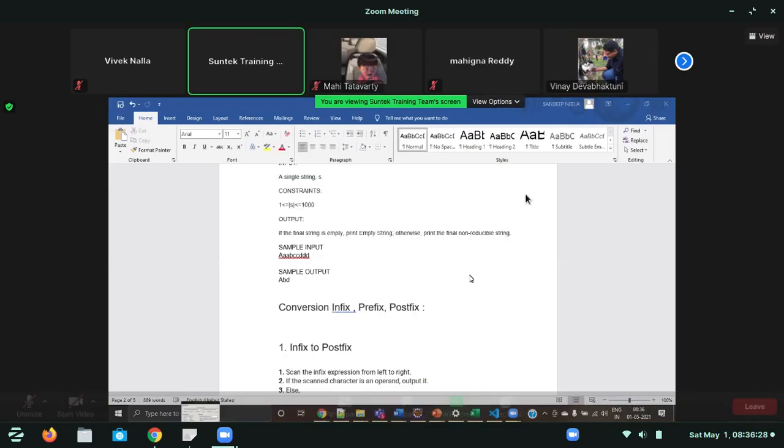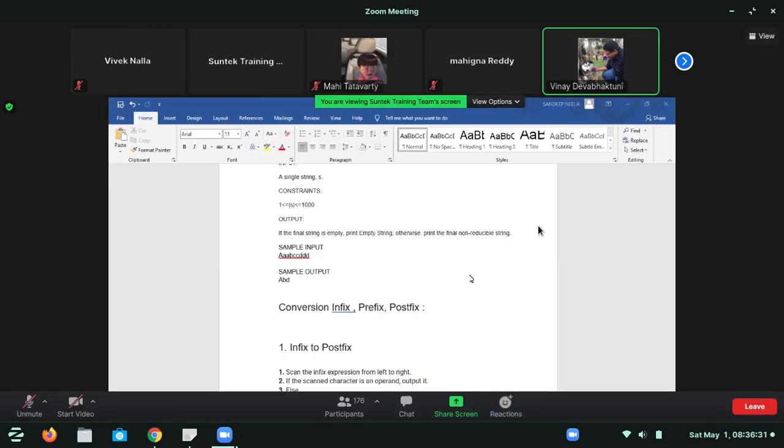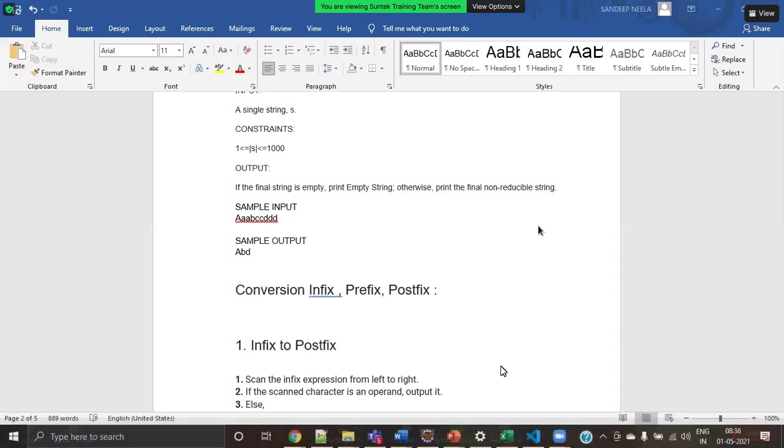Correct. So after coming to B, it is not equal, so we can break the loop there only. And then for the upper loop, which goes over the characters, we compare the first character, and we can traverse to the next element. So here, after deleting two A's, it will come to B.